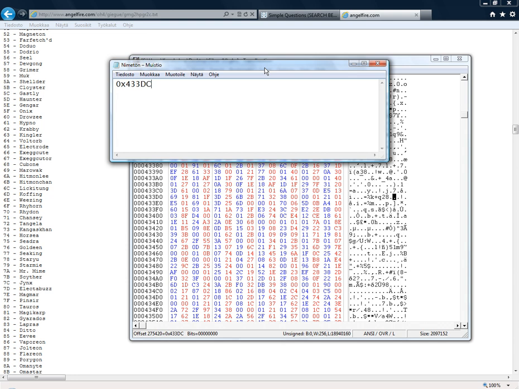And those 2 bytes there, they are called a pointer,